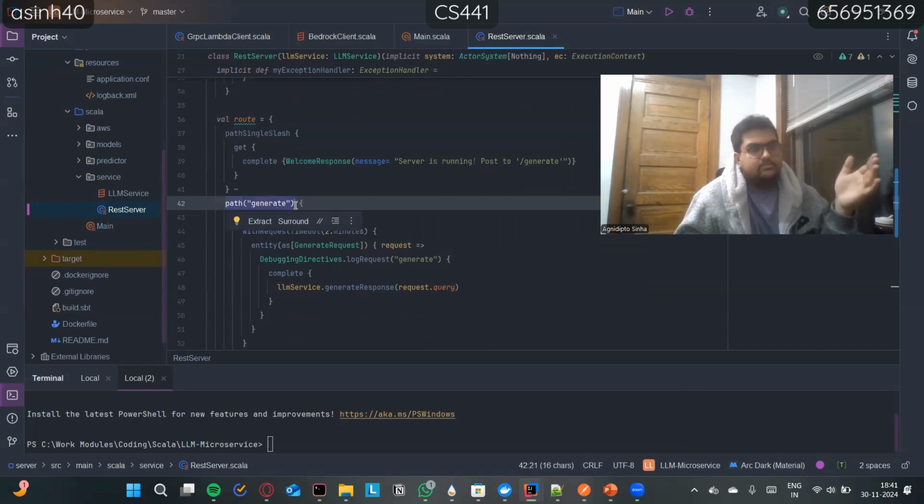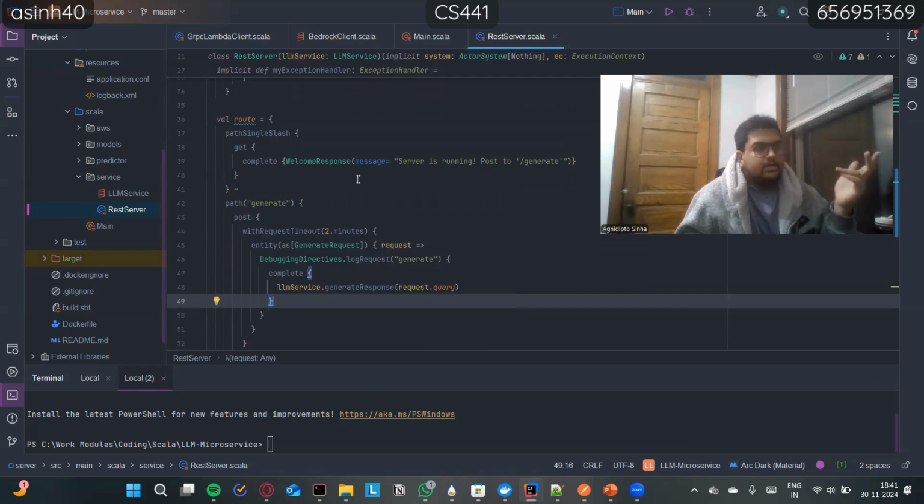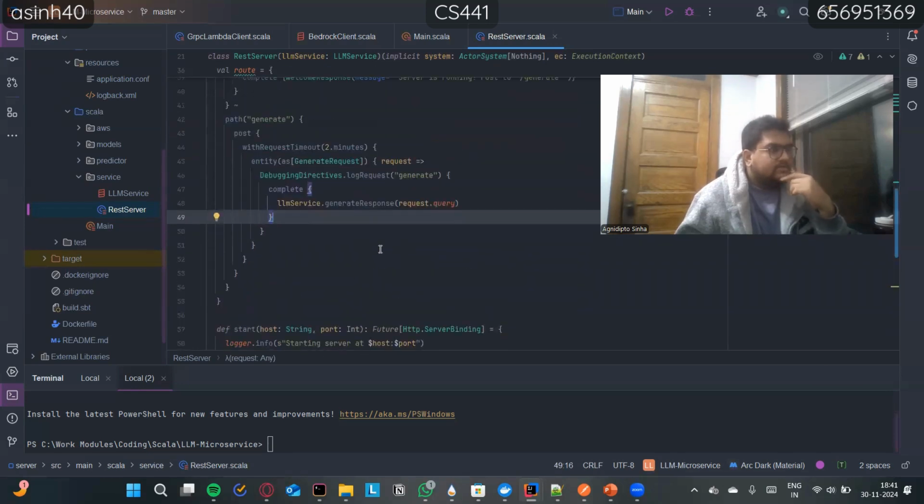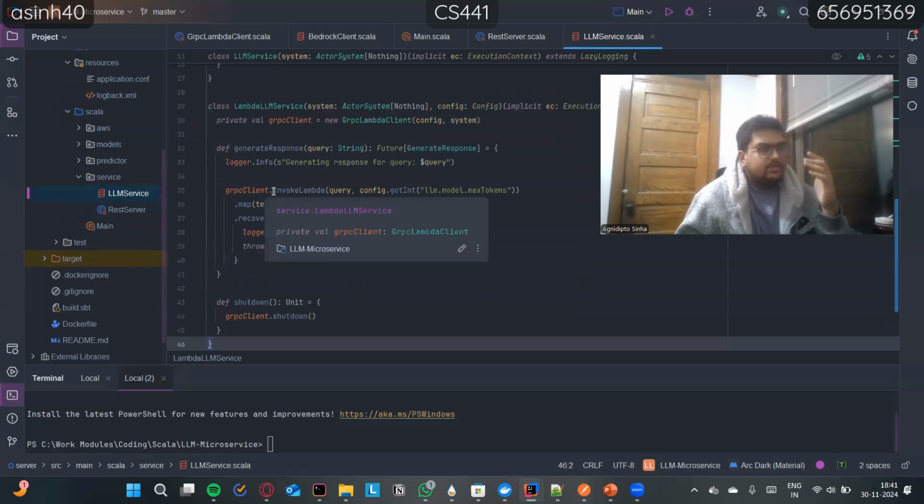It's basically a POST request to slash generate. And this is the main part. We have to give a body with the query. And it calls the LLM service here. Basically, I'll just say it briefly, the LLM service